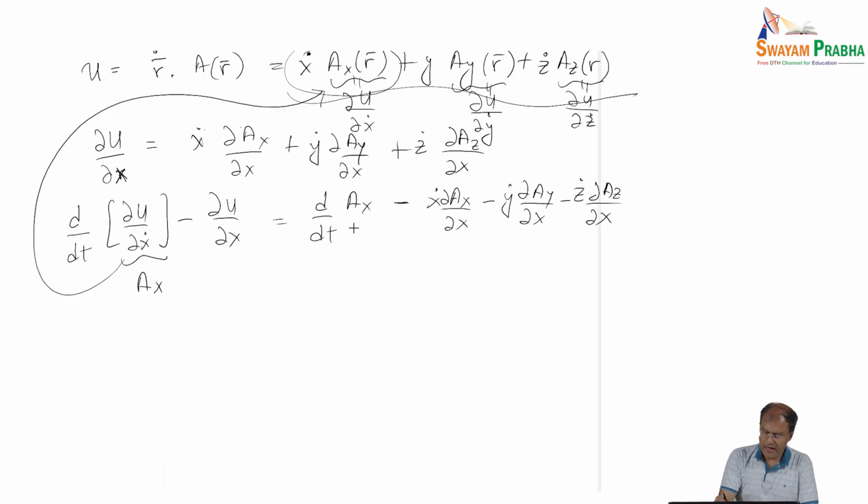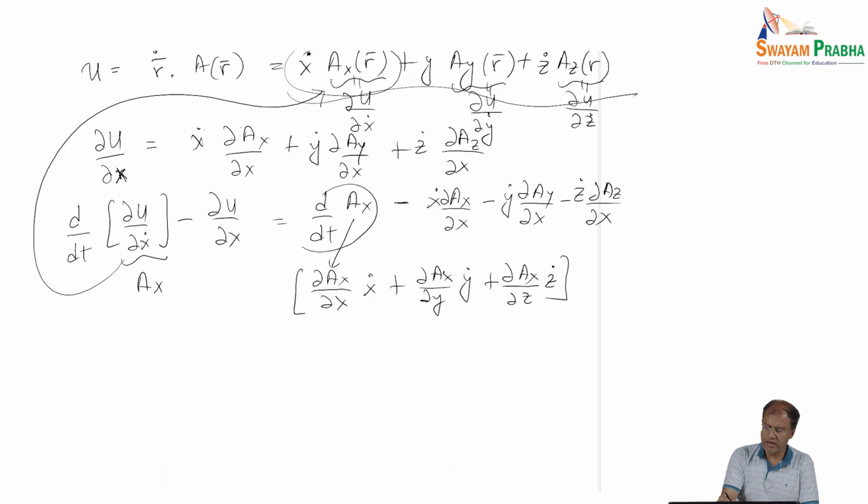And we see that I can rewrite dAX dt using the chain rule: this quantity is going to be partial AX partial X times X dot plus partial AX partial Y times Y dot plus partial AX partial Z times Z dot, right? It's only this quantity here, right? And we see that